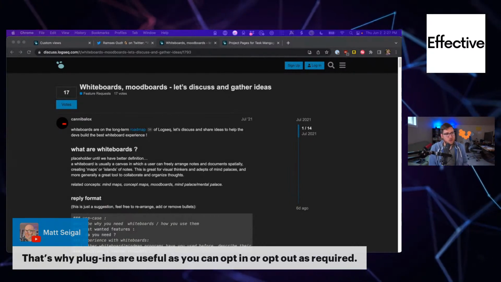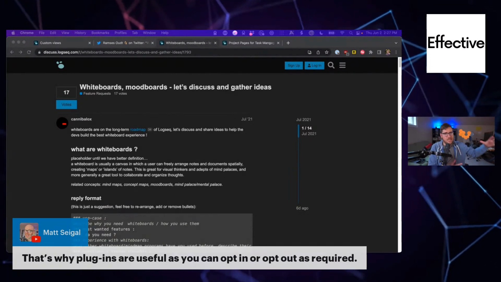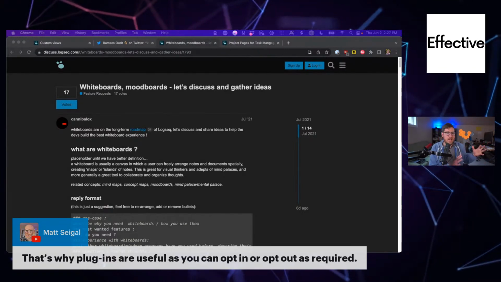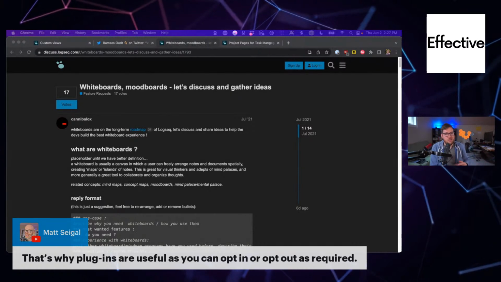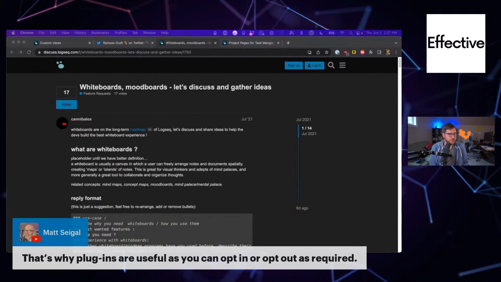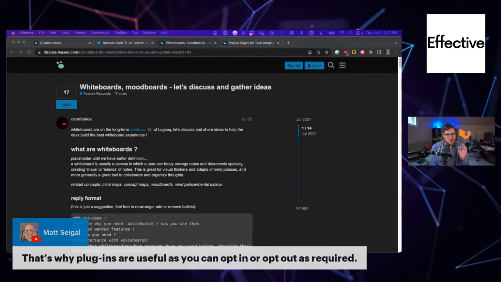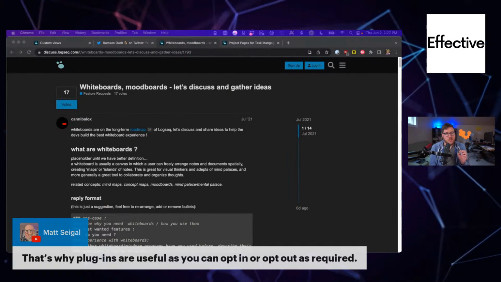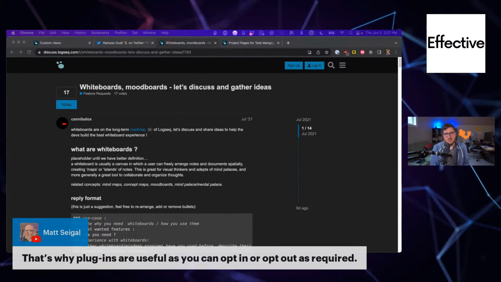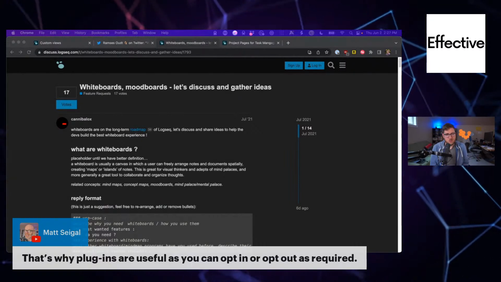The other downside, though, of having plugins or just all of these extra extensions that don't necessarily coincide with the core modality of the main application is the fact that, what am I trying to say here? The challenge with it is you have to start almost thinking about them as different products.